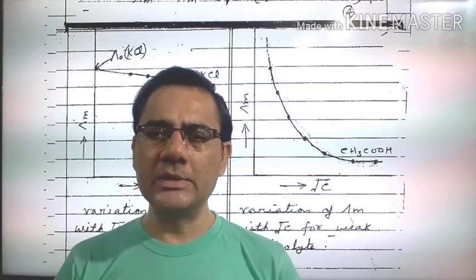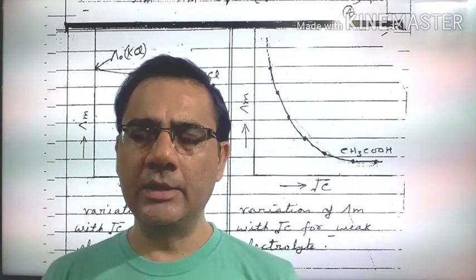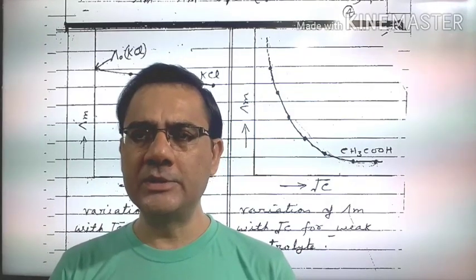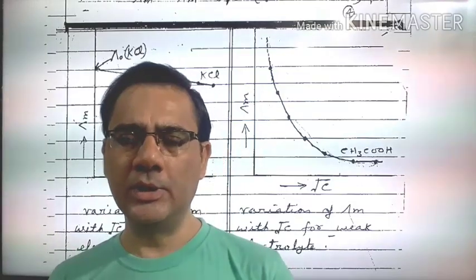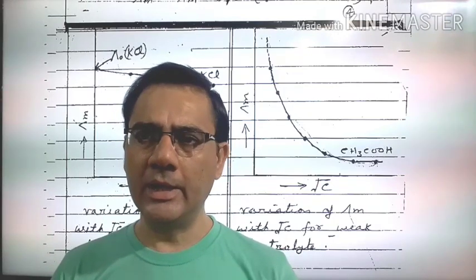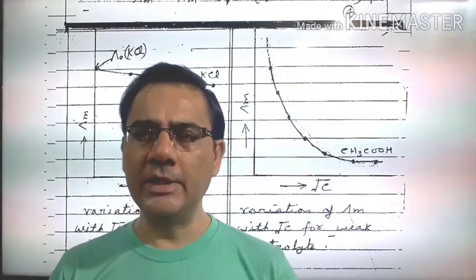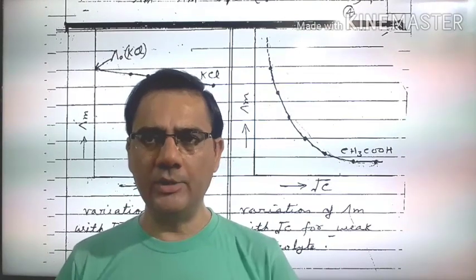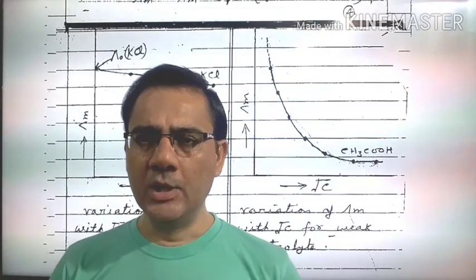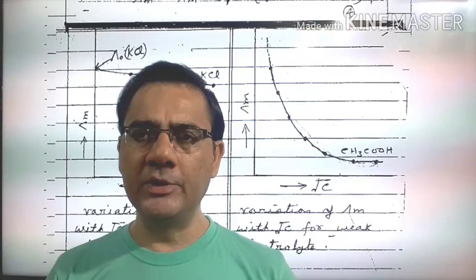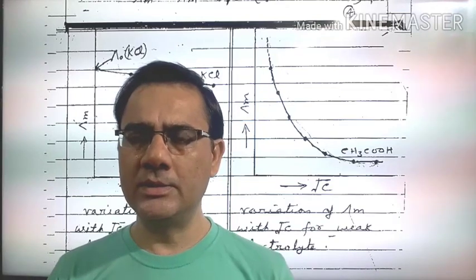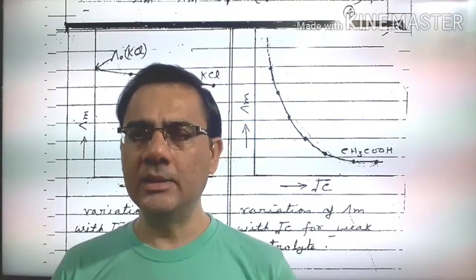Now today we are starting our session, and we are going to study the variation of only one quantity, that is molar conductivity, and we will study how it changes on dilution. But here we are studying two cases, the case of strong electrolyte and the case of weak electrolyte. So we will study how the molar conductivity changes on dilution in case of strong electrolyte and in case of weak electrolyte. Strong electrolytes are those electrolytes which give a lot of ions in the solution, and a weak electrolyte is one which produces fewer ions in the solution.